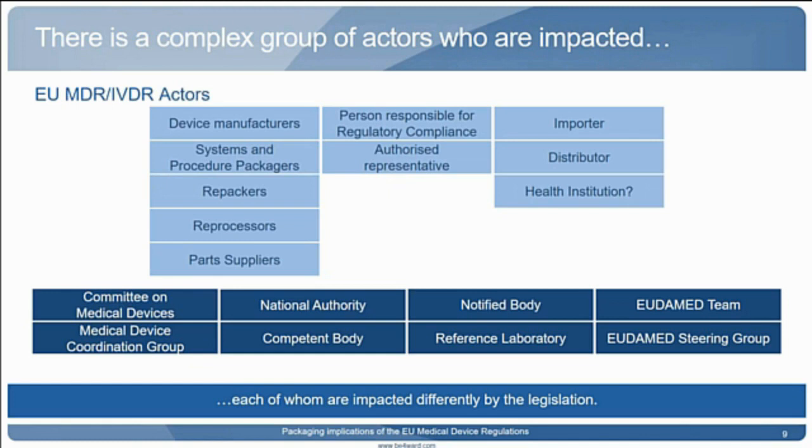You've then got the national authorities and competent bodies that sit in the individual countries who have the responsibility for the execution of the regulations within their country. Moving along, you can then see that you have the notified bodies. These are the third parties that companies work with to have their products reviewed, tested, and registered so they can get their CE marking to be able to market in Europe.